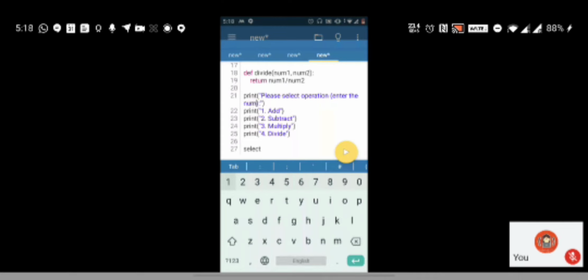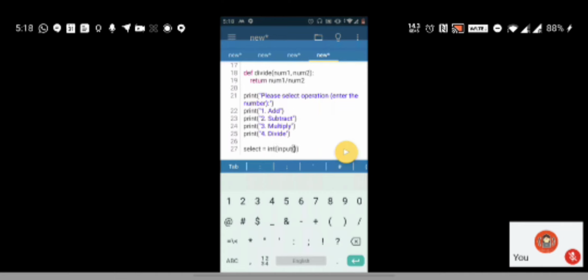If the user wants add, they will enter 1. If the user wants subtract, they will enter 2. Multiply 3 and divide 4. So I just say select is equal to, this is me taking the input from the user of what operation is supposed to be performed. Select operation.